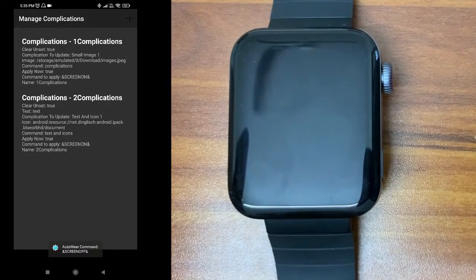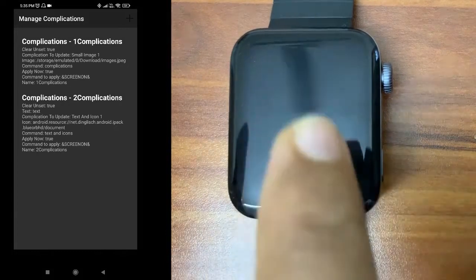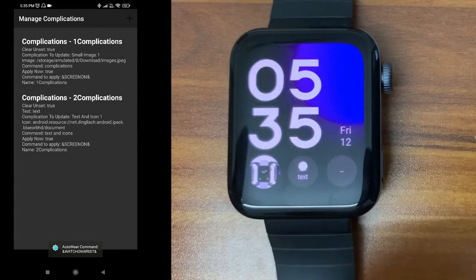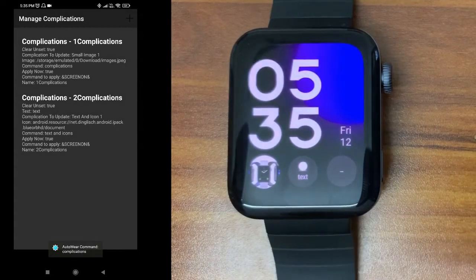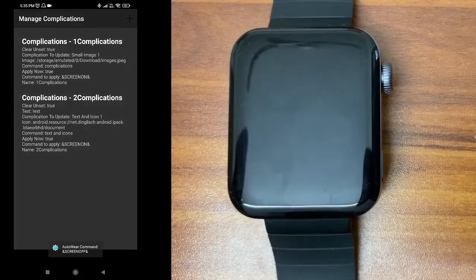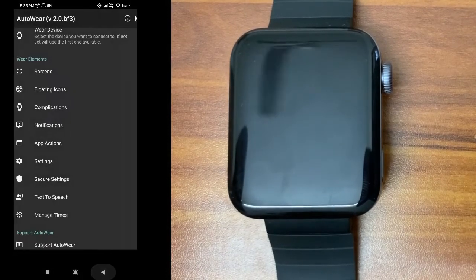So this is about complications. From the watch face itself you can click on the shortcut, so that will send some command to the phone. Using that command you can perform some action on your phone using Tasker or a MacroDroid app. So that's all about these complications.